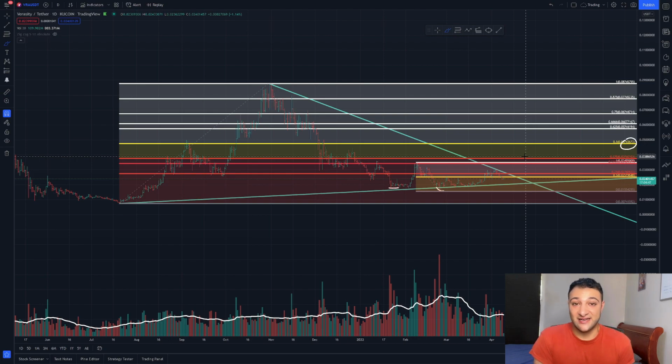Of course, that's not to say next week some whale just puts $5 million on Verasity and just explodes the price. No method in the world can predict that human behavior element of it, and I want to stress that importance. Let's have a look at Verasity against its Ethereum value to compare its relative strength.